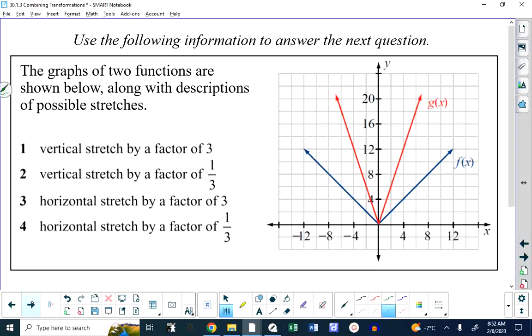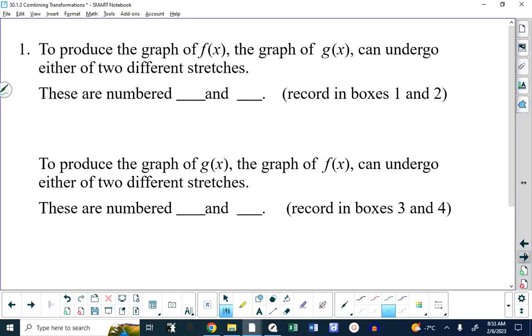One of the things that you're going to realize as we get deeper into this unit is that it's possible to go from one graph or function to a new graph or function in a number of different ways. Okay, so what this is saying is we have 4 different stretches being described here. Number 1 is a vertical stretch by a factor of 3. 2 is a vertical stretch by a factor of a third. The third one is a horizontal stretch by a factor of 3, and then a horizontal stretch by a factor of a third. And we're talking about going from, let's take a look at the first part of this question,